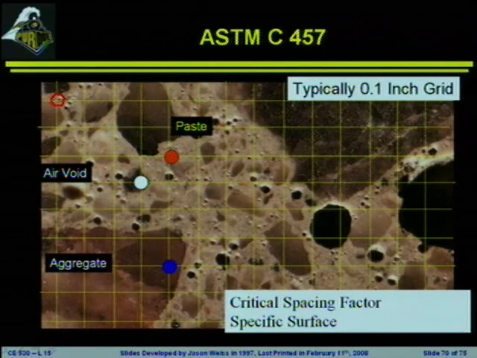You're going to look through the microscope, and you're going to look here, and you're going to say, that looks like it's paste. And then you're going to move over, and you're going to get a next point, and you can say, that looks like it's aggregate. And if you do this about 1,200 times, and you keep a collection of all the times you went ooh for paste and for aggregate, you can get a relative distribution of the aggregate's paste and porosity in the overall